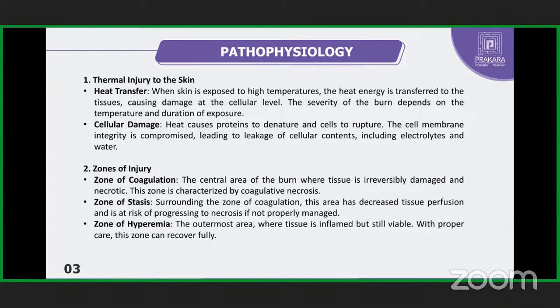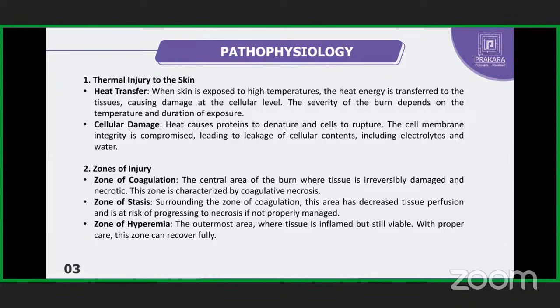Due to the same reason, there is formation of blebs. Blebs are nothing but fluid-filled cystic lesions, which you see on the burns patient's hand. The bleb, the fluid-filled bubble which you see, is due to leakage. The cells get damaged, and the intracellular fluid which was there inside comes out, and this leads to formation of blebs and also edema, the swelling which we see in the zone of burn injury. The reason is cellular damage.